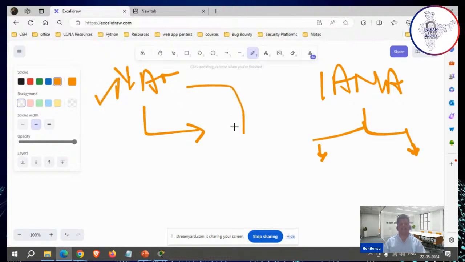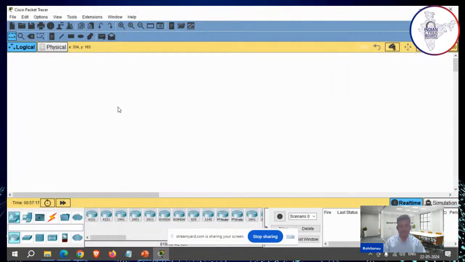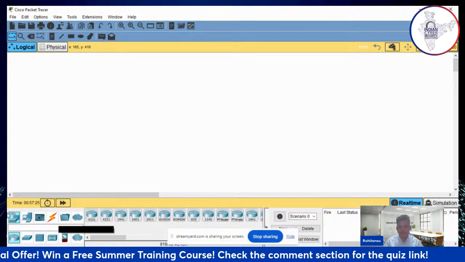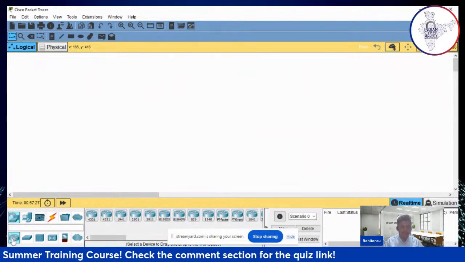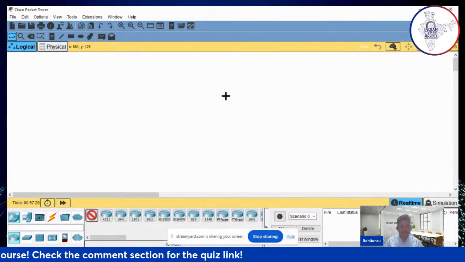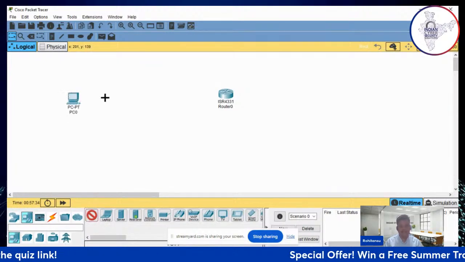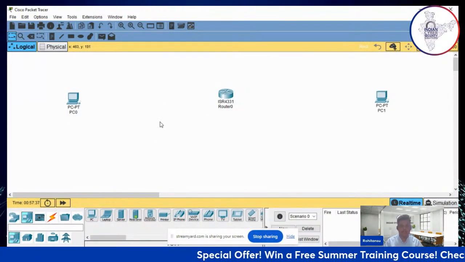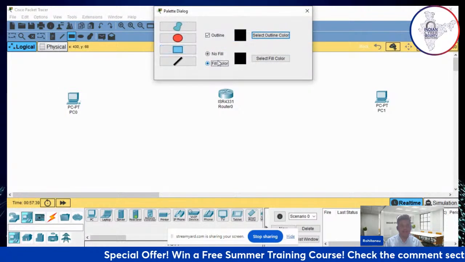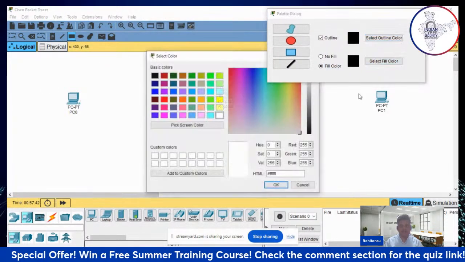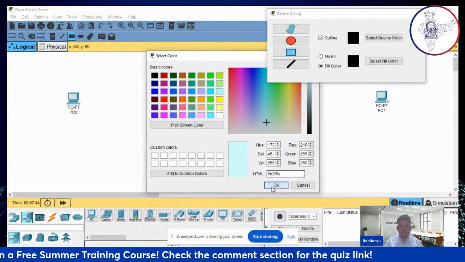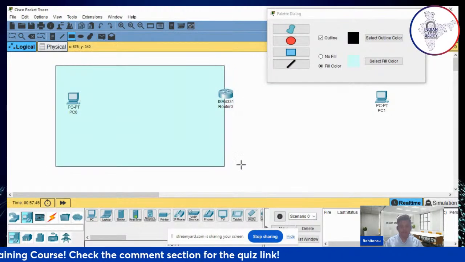We can enable NAT on any router, in Cisco Packet Tracer or in real life. This is our Cisco Packet Tracer, where we have all the networking devices that we can use. We have a router here. I'll click on a router and two PCs. One will be on our private side, another on our public side. I'll label it, because labeling is important to understand how the network is being configured.